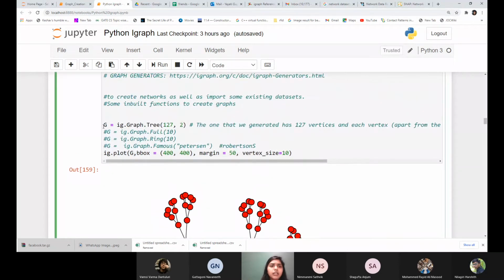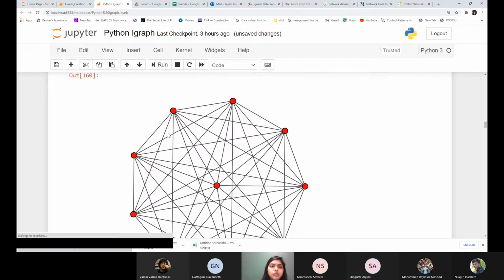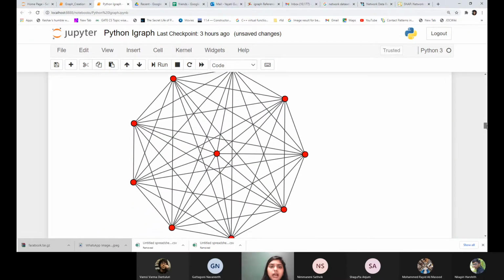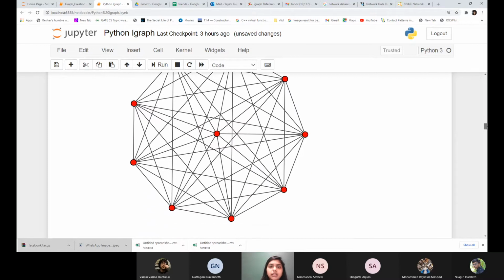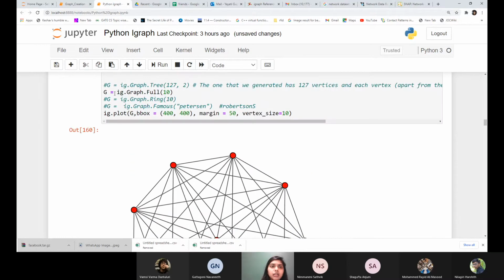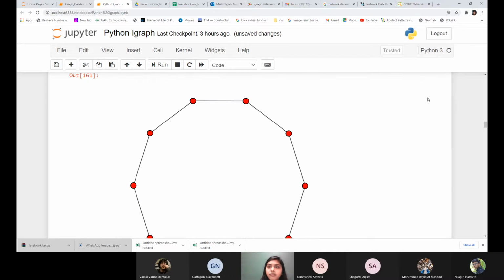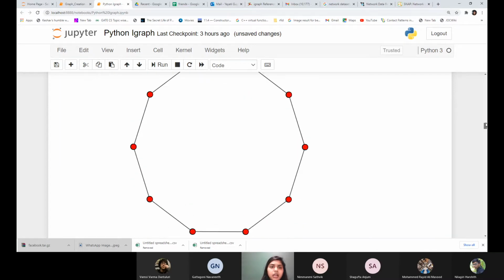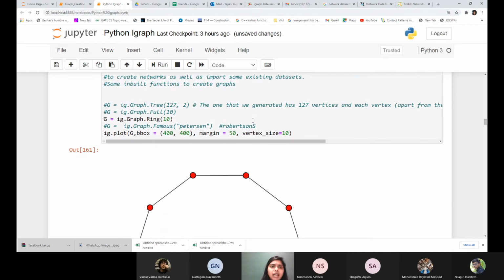Then if you want to create a complete graph, you can use this function ig.graph.full. It will generate a complete graph on 10 vertices as you see here. Then you can create a ring graph, which is nothing but a cycle graph. You have a large number of functions like this.